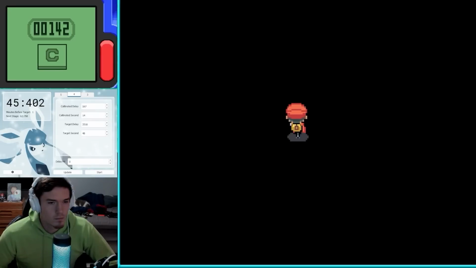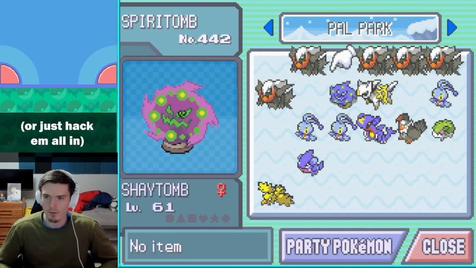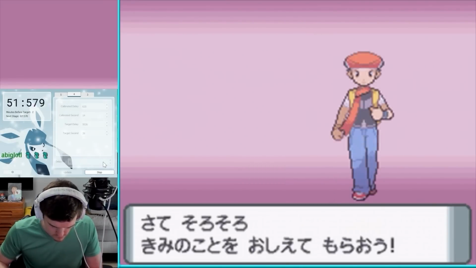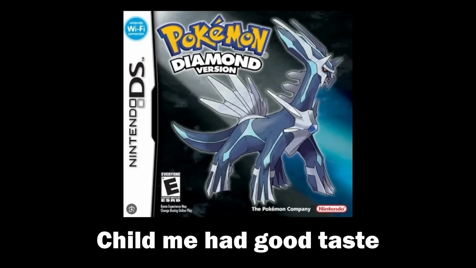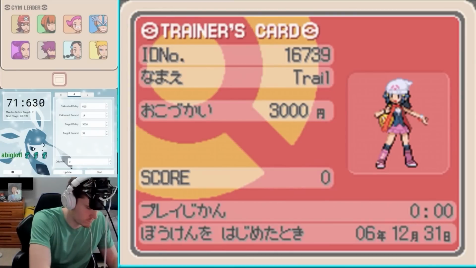Why use the Void and risk corrupting my save file to get Darkrai when I could just hack in a member card and just do the event? So I started a new game. Just a note though, I started with Japanese Pearl here, but I would recommend English Diamond if you want the easiest experience. From a fresh save file, we can set up a glitch that will get us boatloads of shiny